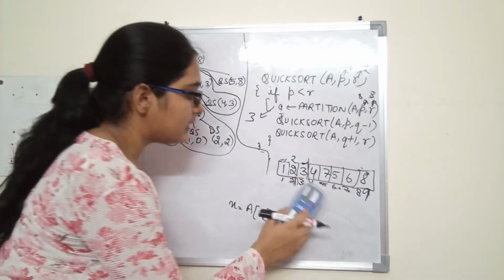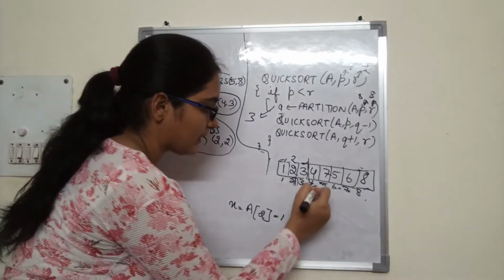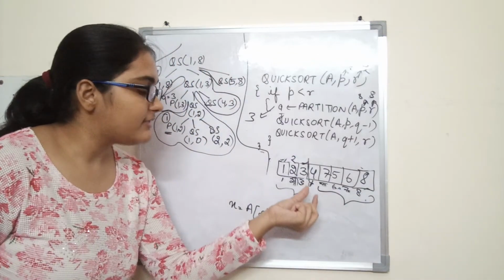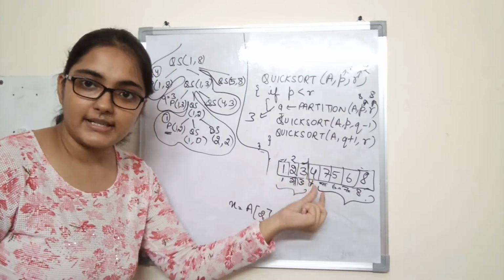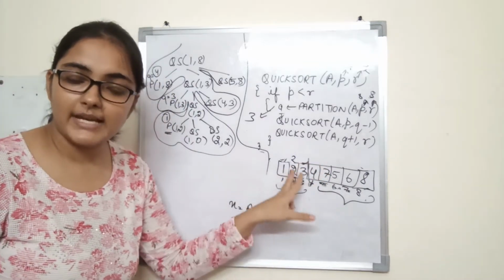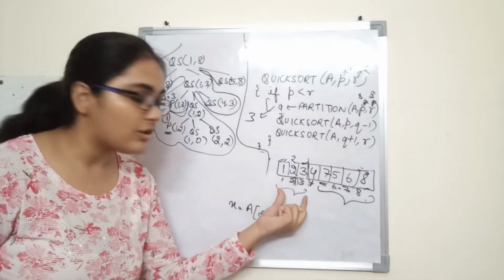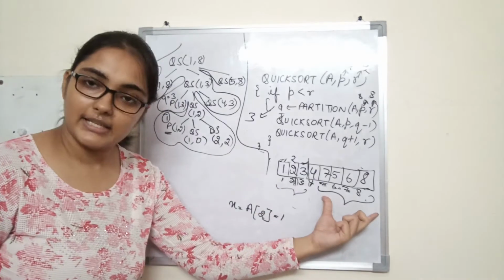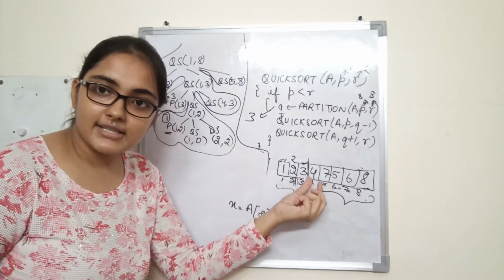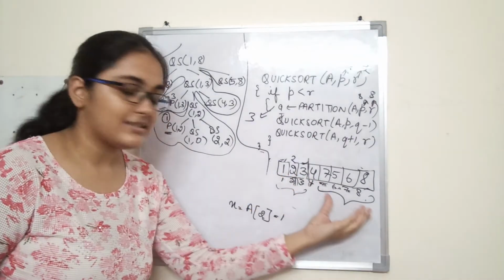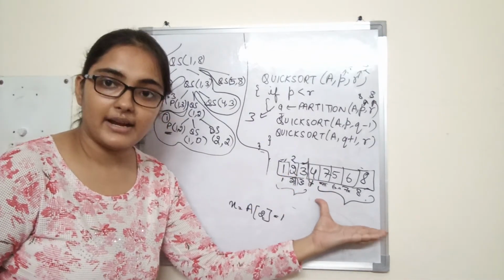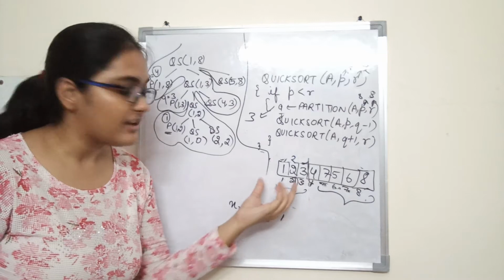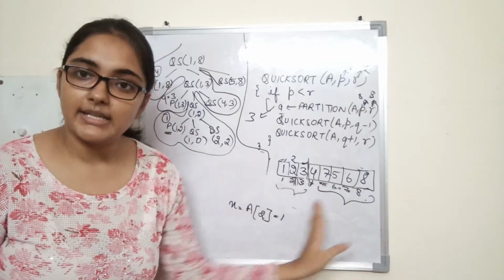Okay, so it will be called on this part. Alright. So first we did this part and then this part. Why? Because the partition resulted in this index. So this element was already in its proper place, or in its correct position. So we called quicksort on this part, right? After we are done with quicksort on this part, we sort this part, because this element is already in its correct position. So now we are at this part, right? The first part of the problem is solved. The first part of the array is sorted. Now we are moving on to the next part of the array.